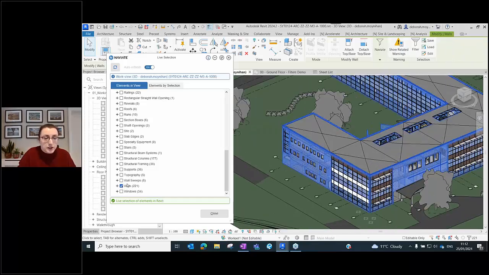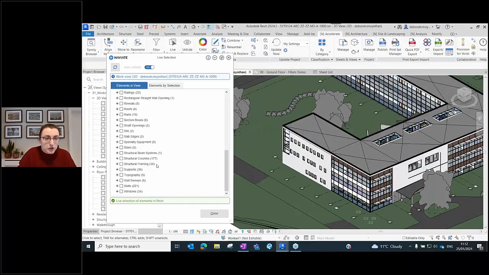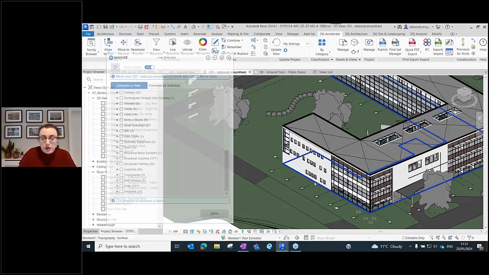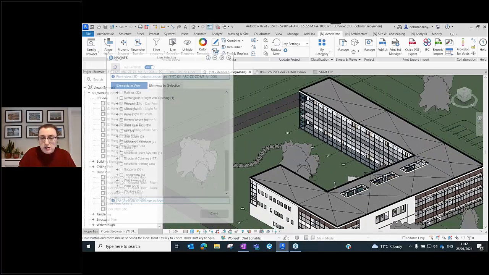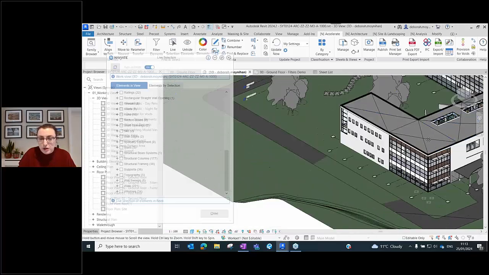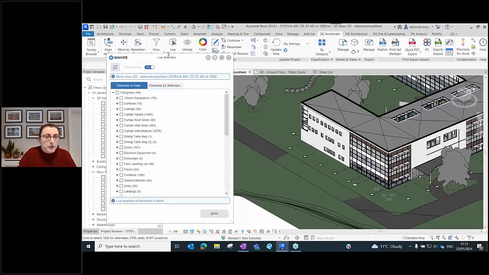What I like live selection for is actually just to try to find certain families as I'm working through a model, as I'm working through the design, or as I'm trying to clean up my model. So for example, I know I have some curtain wall windows in here, but rather than trying to pan around the model and look for them and find where they might be, I can use live selection to scroll down